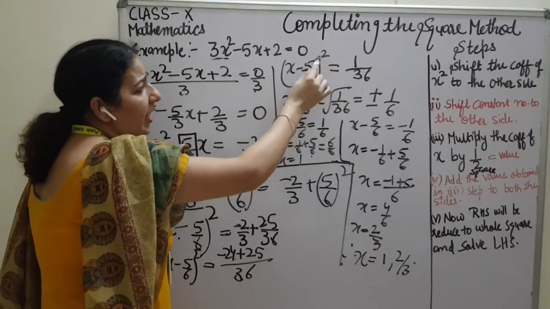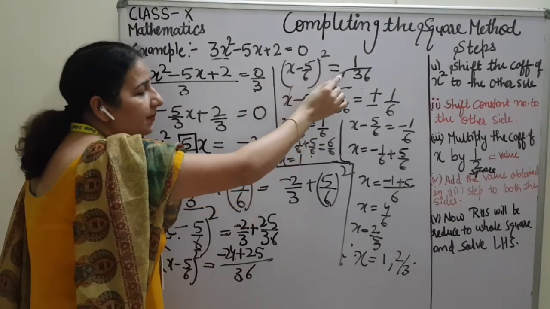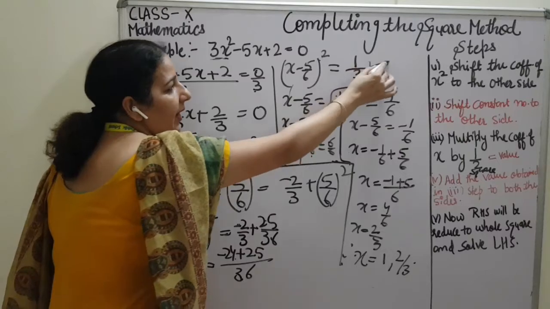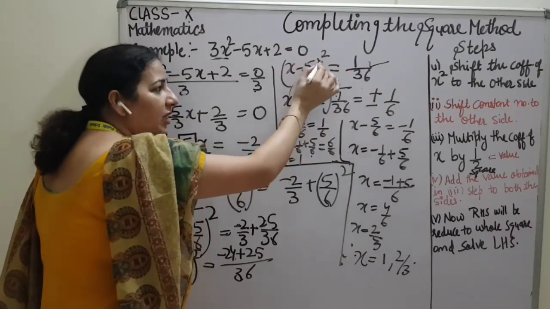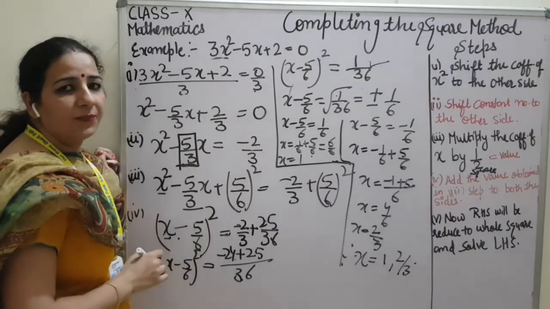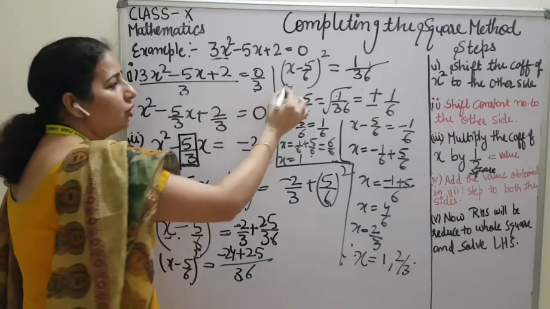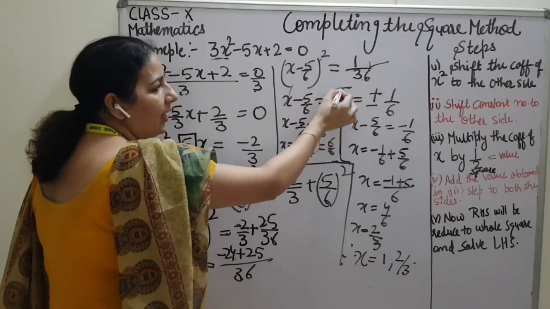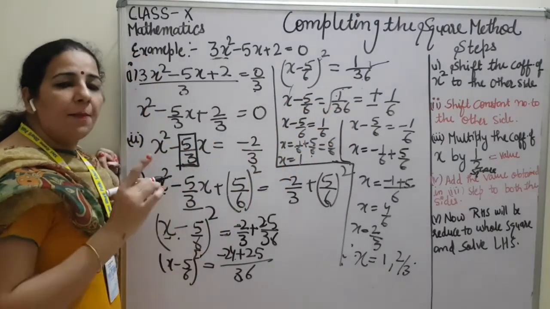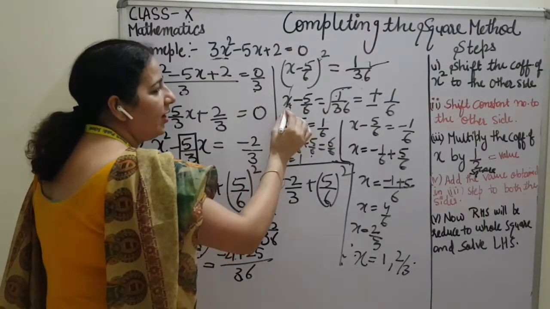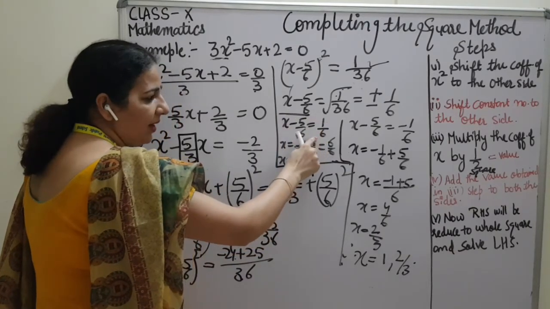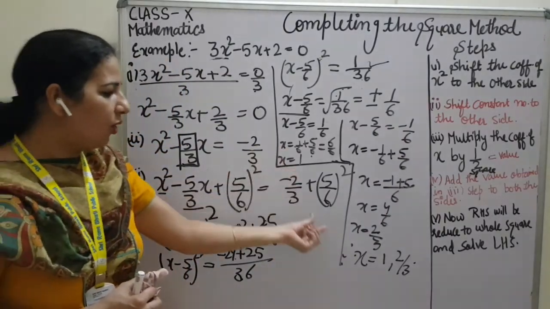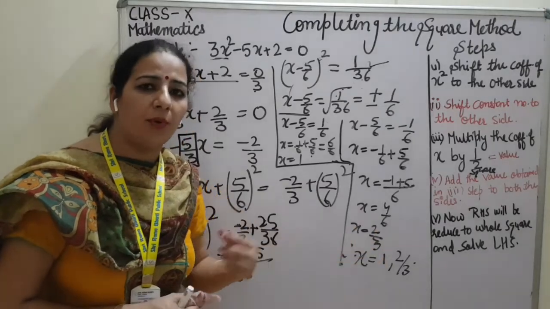After solving this square, shift this square to this side. Until you reduce everything to one number by adding, taking the LCM and so on, you do not shift this square. When you have reduced it to one number, after that you have to shift this square to that side. Before that you will not shift the square. So after that 1/36, when you shift this square to that side, it will be under root, and under root 1/36 is plus minus 1/6. So the values of this number will be plus 1/6 and minus 1/6. And after taking the LCM, you can solve it for x, and x will be 1 and 2/3.